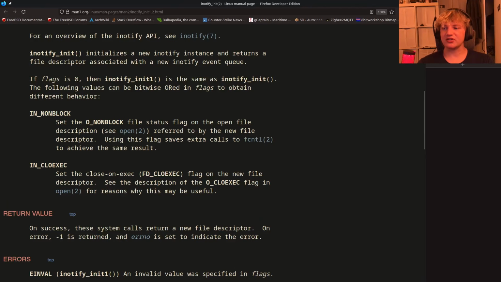Now, if flags are 0, inotify_init1 is the same as inotify_init. What that means is essentially inotify_init1 was created to extend the functionality of inotify without breaking this older interface. And you'll actually see that a lot in the Linux kernel interfaces. If you look around enough,